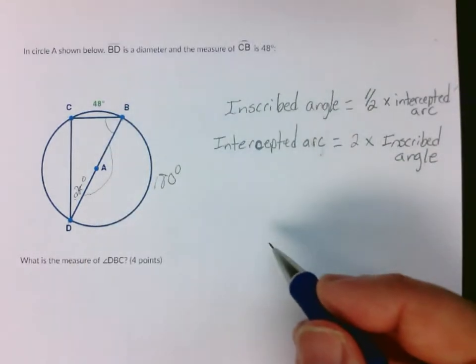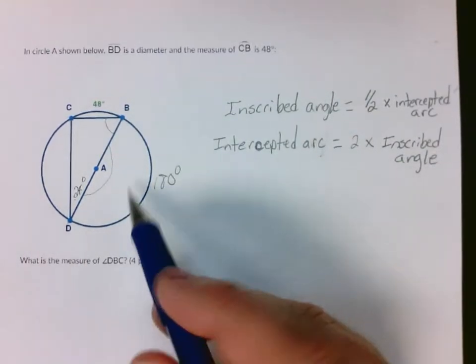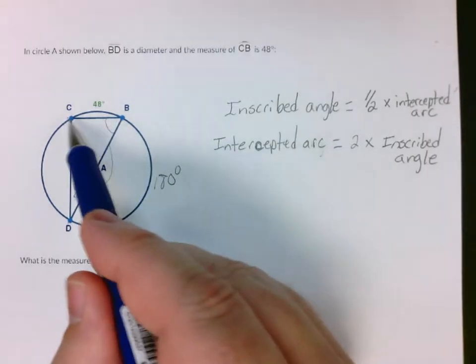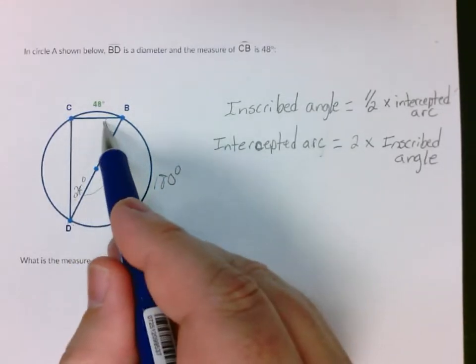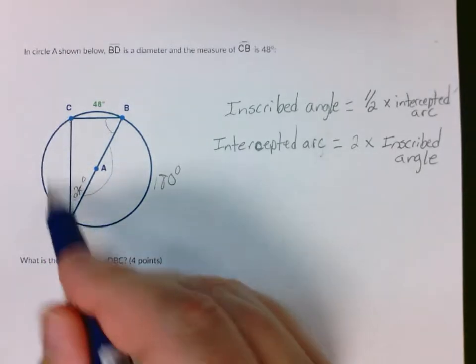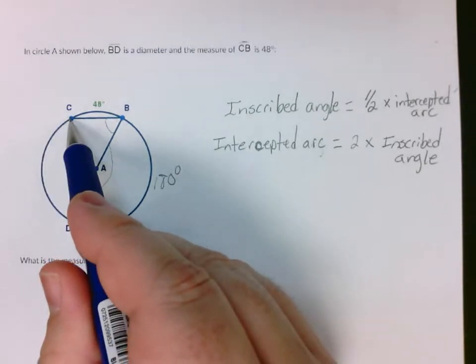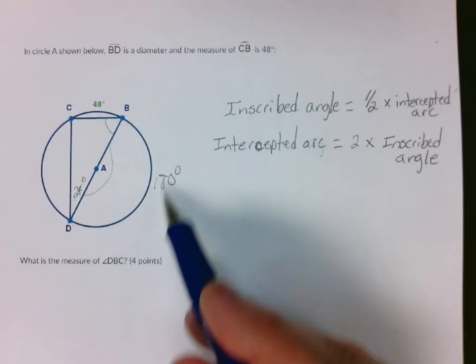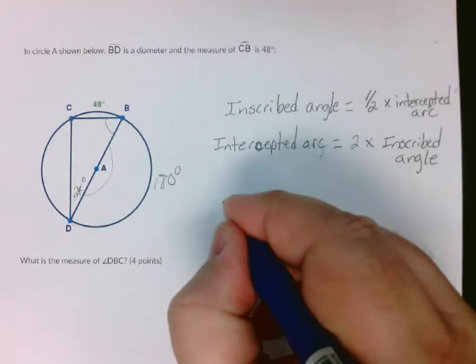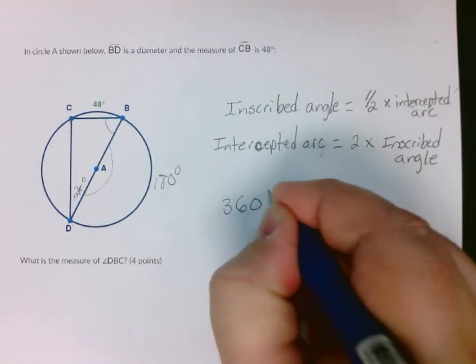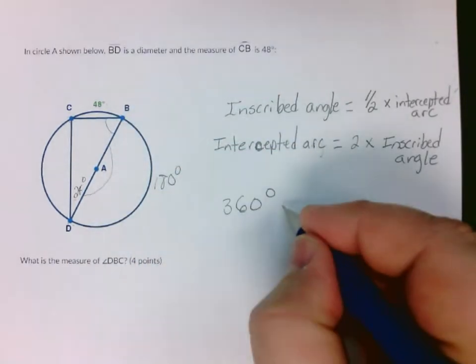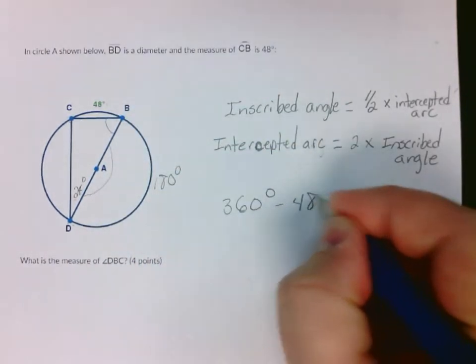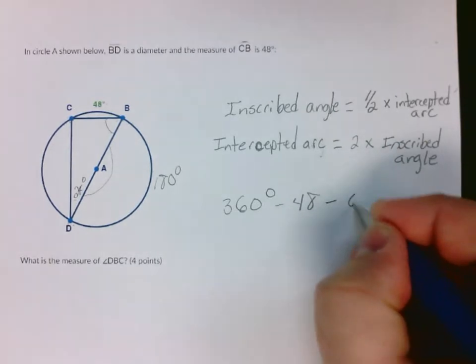Now let's try to solve this from the information that we have. We're trying to find DBC here. We're dealing with this arc right here. A circle all the way around is 360 degrees, and we have two parts of it. So if I minus 48 and then minus 180,